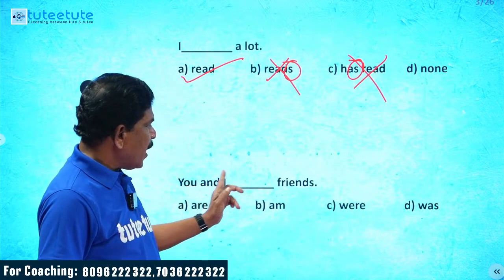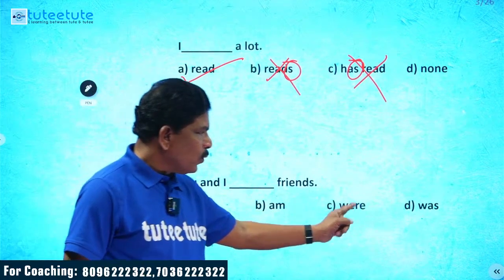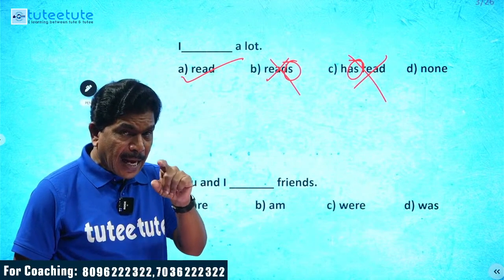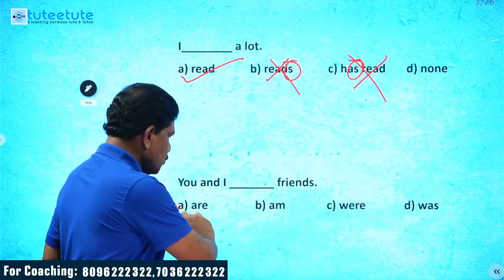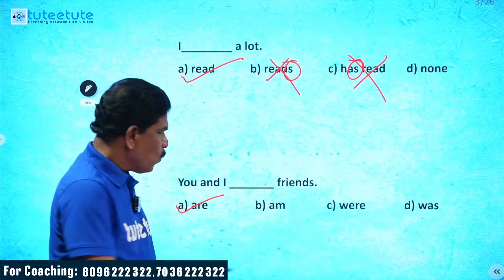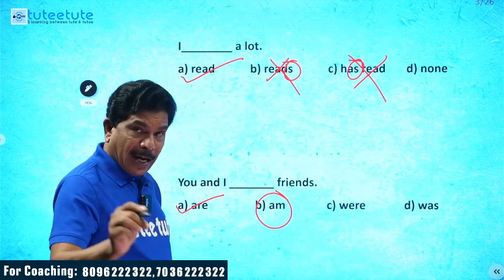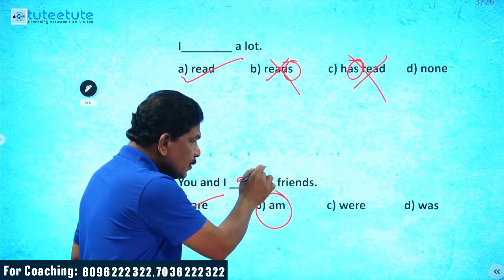Then what about you and I, friends? Are, am, were, was. Here, you and I, as some of you guess, the answer is you and I are. Why is it not am? Maybe you have a doubt, you're having a doubt right now. Here, I should be followed by am. It cannot be